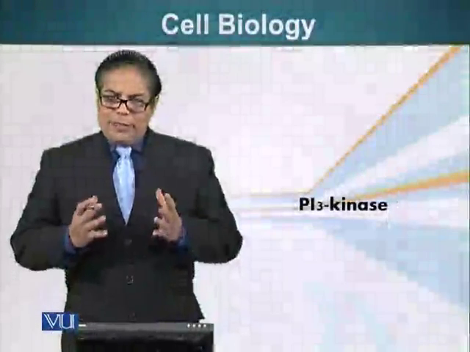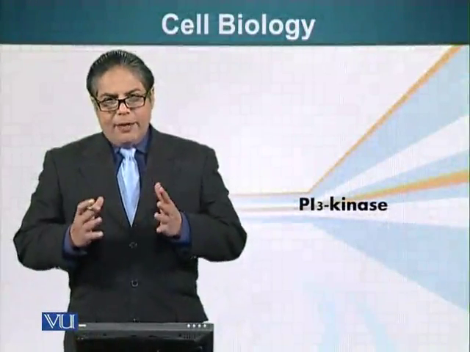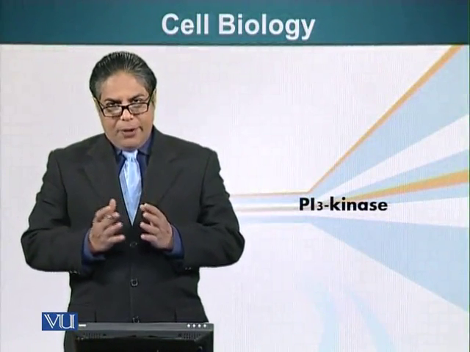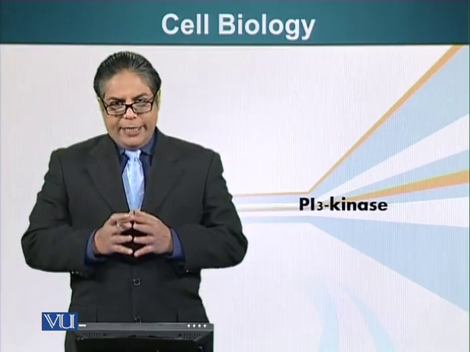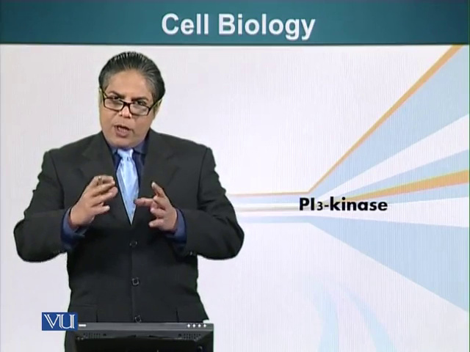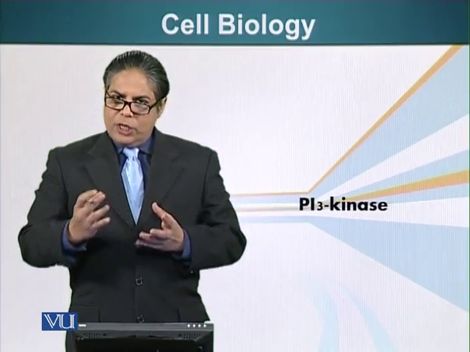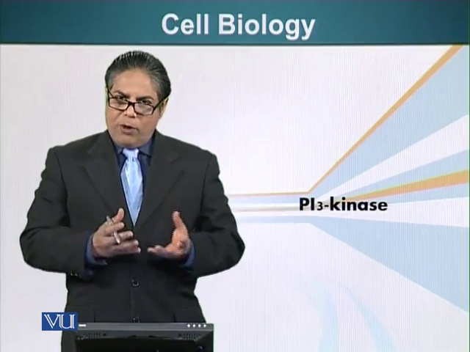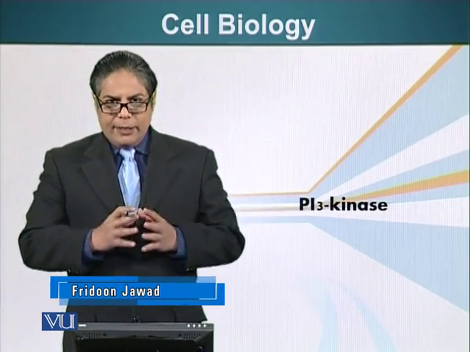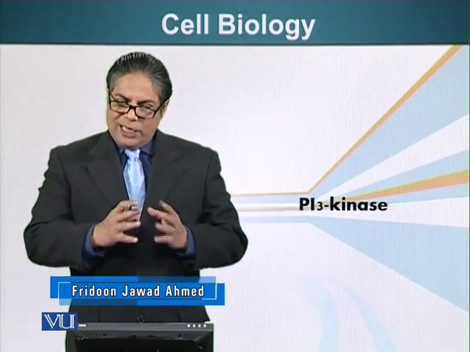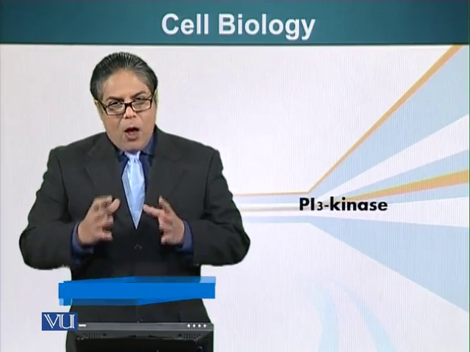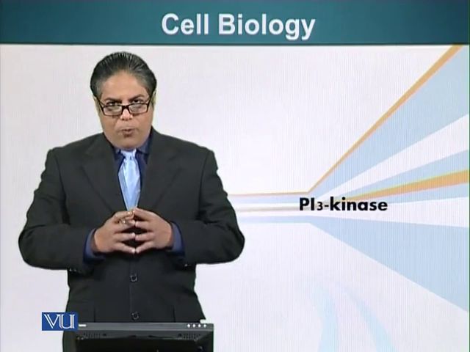We have talked about receptor tyrosine kinases. We said that when they bind their ligand, two of them come together, they dimerize, and they cross-phosphorylate each other. When they cross-phosphorylate each other, they create domains or scaffold structures that can be recognized by other molecules in the cytoplasm. These molecules bind the phosphorylated receptors, and can either be activated directly or they serve as scaffold proteins